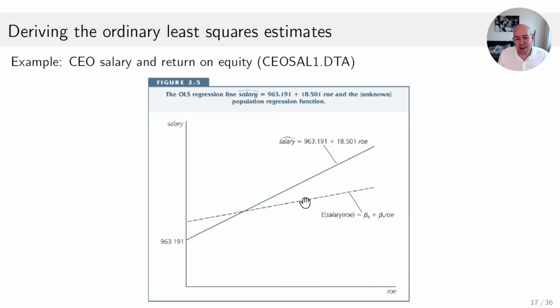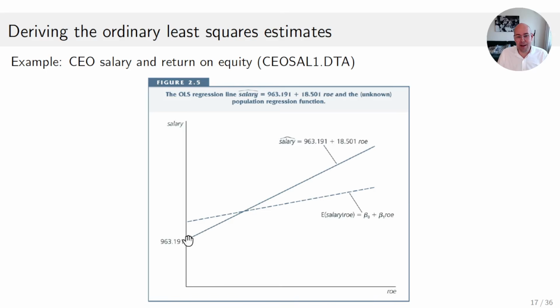The true underlying relationship is this one here. The expectation of CEO salary given the return on equity of that firm would be beta naught plus beta 1 return on equity. And with data, what we're going to estimate is this solid line here, which differs in general